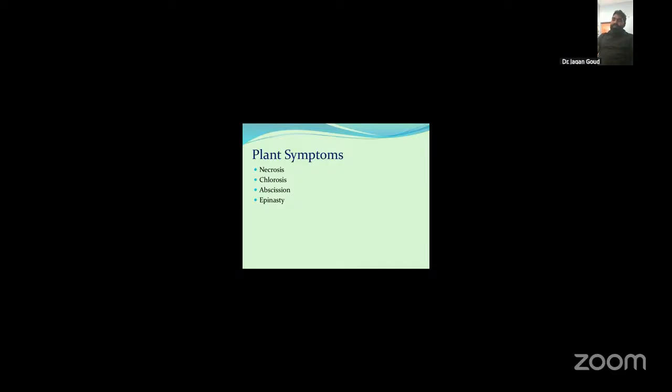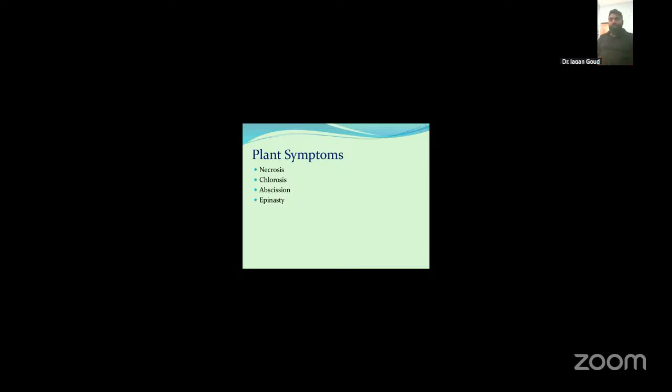Necrosis is the localized or widespread death of plant tissue, appearing as brown or black dead patches. Causes are acute exposure to high concentrations of ozone, sulfur dioxide, fluorides, and PAN. Mechanism is oxidative stress and membrane lipid peroxidation, protein denaturation, cellular dehydration, and disruption of chloroplasts. Types are interveinal necrosis between veins, marginal necrosis at leaf edges, and tip burn.